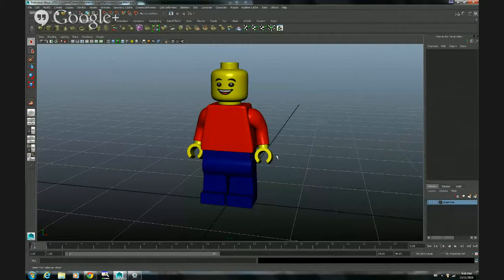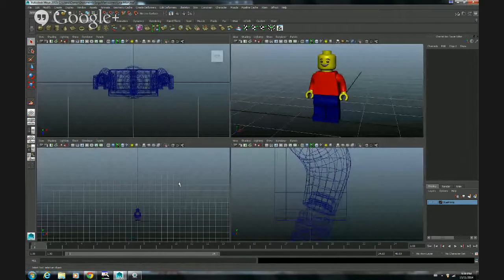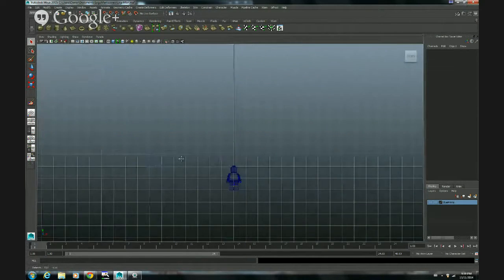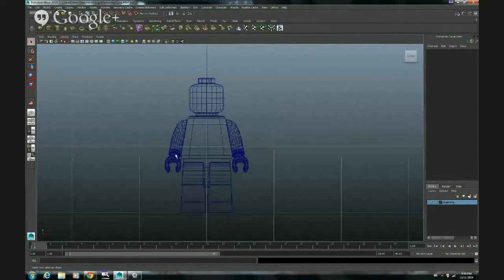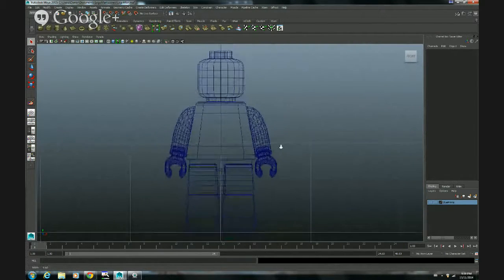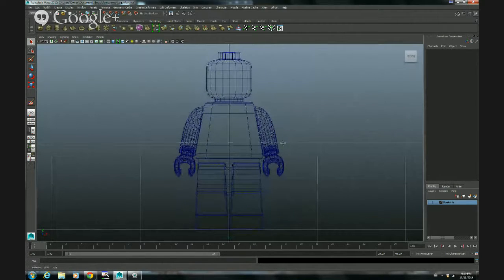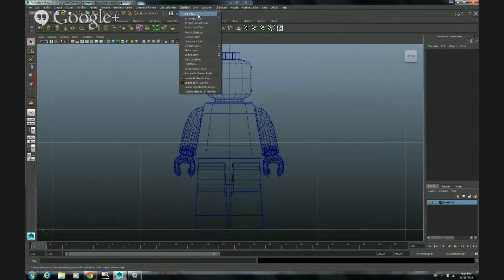All right, so we're back, and now that we have all the materials and our character model with all the faces already created for the head, we will start rigging the upper part of the body, and let's jump right to it. I'm going to jump into the front view, and I press A to frame everything on screen, and I will go here to the skeleton joint tool,